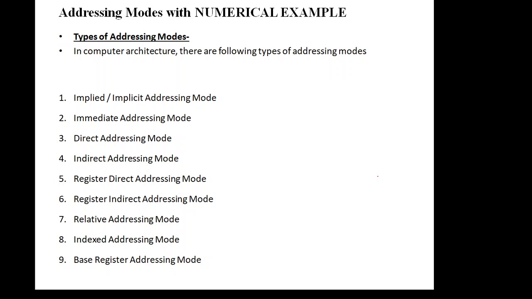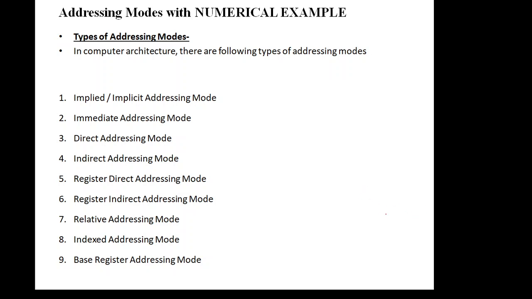So, what do you mean by an implicit addressing mode? As I have told you before, implicit addressing mode is nothing but implicitly, in the sense that we need not specify any address. By default, it is going to take the accumulator.